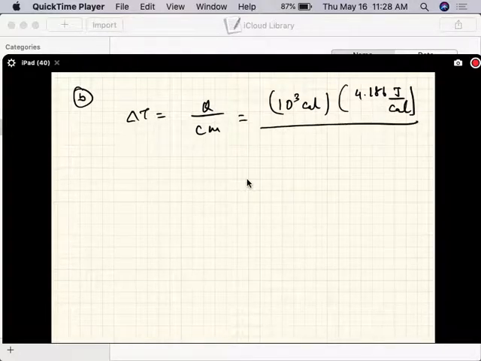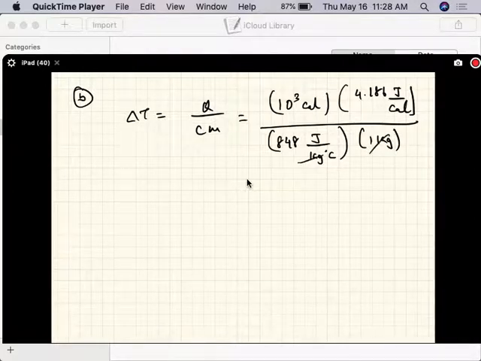What's the specific heat? 840 joules per kilogram per degree Celsius. 840, not 1440. So this will work out to